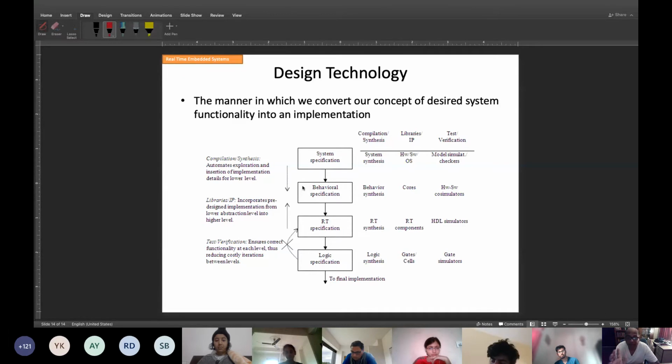Do you know how to specify digital circuits? Do you know any specification language? Verilog, yes, thank you very much. Verilog and VHDL are known as hardware specification languages, where you can specify the performance, the design, everything of a digital system, a digital circuit. What about software specifications? Do you know anything which can also do software specifications? There are different kinds of SRS, software requirement specification documents. SRS, write down SRS.